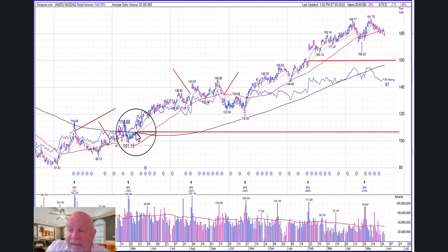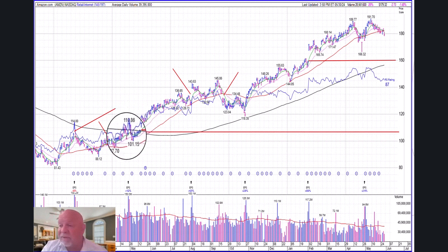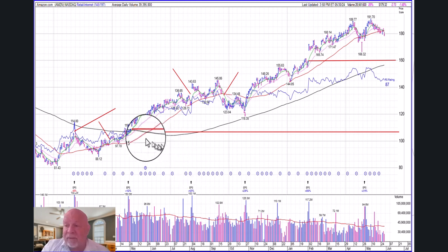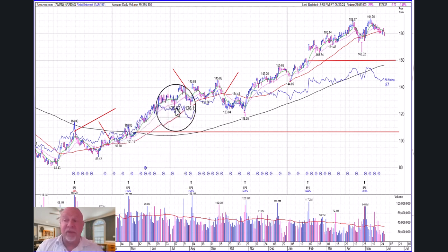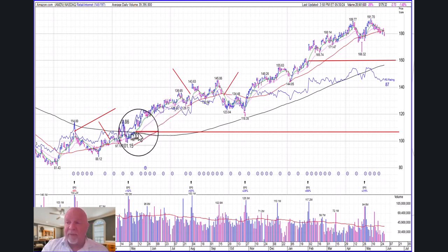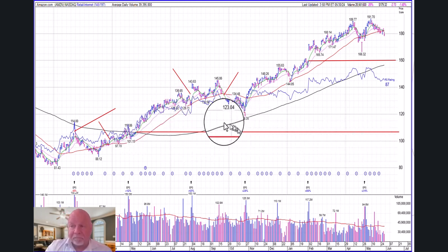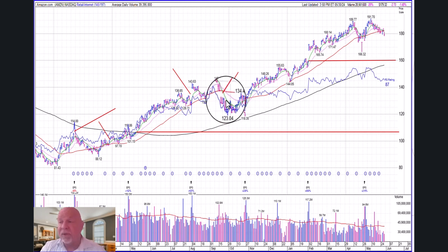And then there's a little gap hanging out here on Amazon that's been on the chart for a long time, and that's a gap at around 100 and looks like about 107 or something like that. And so there's a gap there, and it was a breakaway gap, and it went up, and notice on this chart it has never come back to fill it. So that's just kind of hanging out there, and it might be out there for a couple years. Who knows?